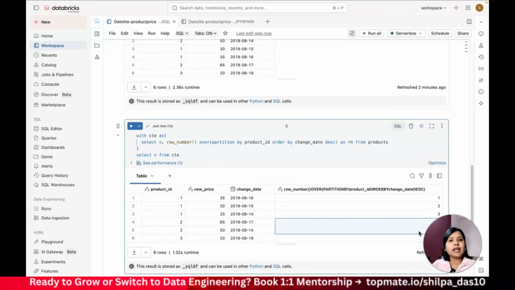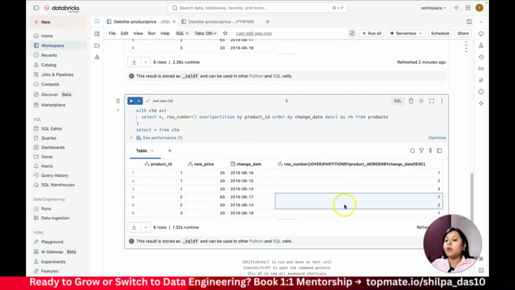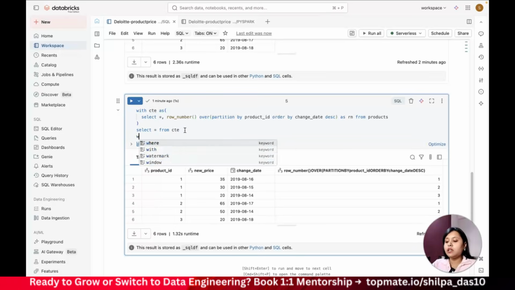If you don't know how exactly row number works, please watch my previous video. I've explained exactly how the row number is working. I'll pin that in the I button. Now, as I have my Rn, what I need is Rn equal to 1. But before that, I also want to filter the data set by the change date. So in this, I will select star from CTE where Rn is equal to 1